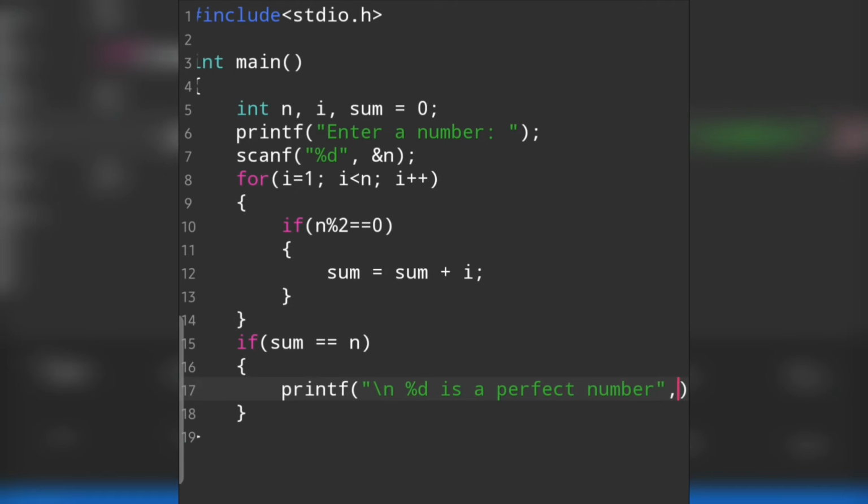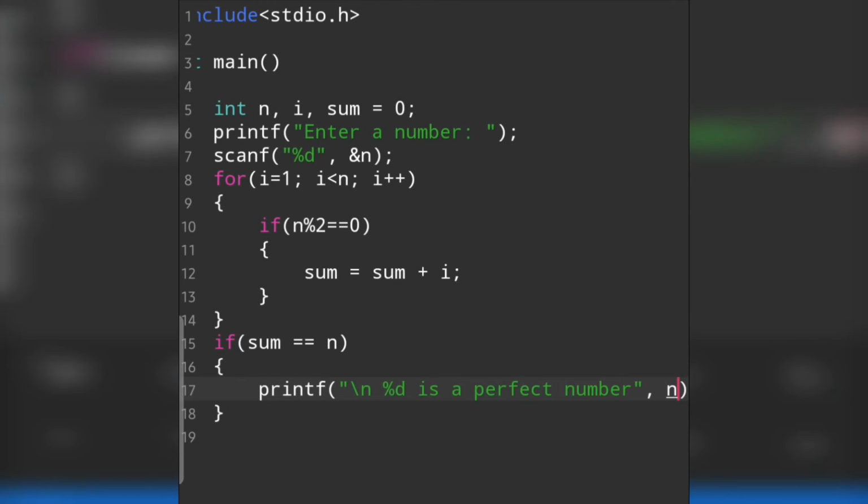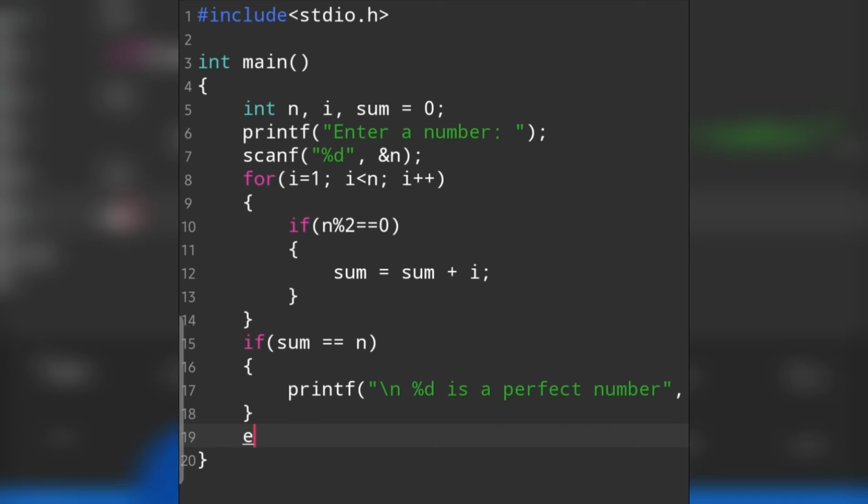And in place of %d we are displaying n, and if it is not divisible then else,